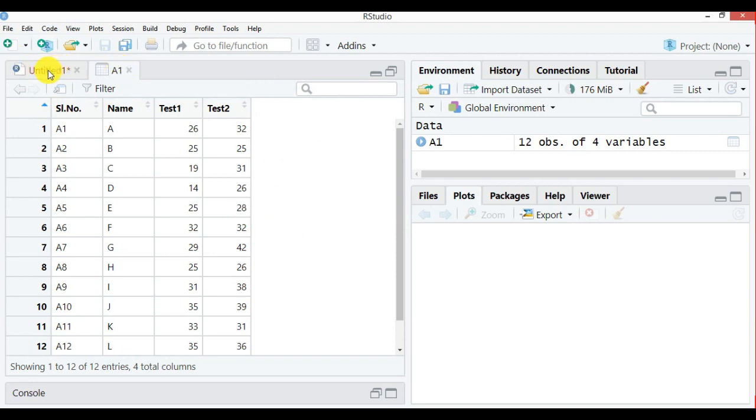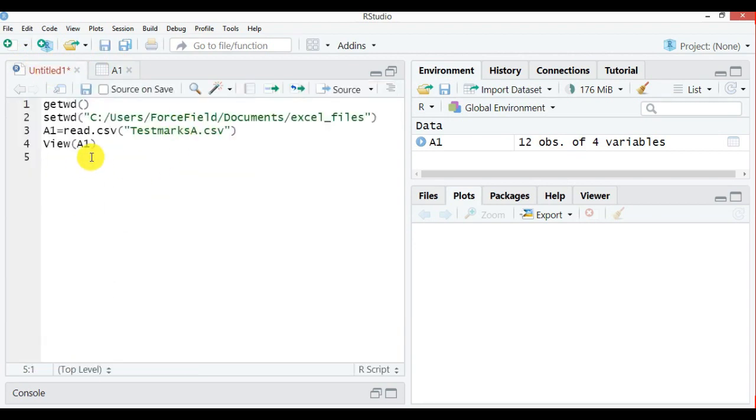So I can go back to my script here. We will see the next method of importing Excel directly. To import Excel file directly, you need to have two packages installed on your R. For importing a CSV file, we didn't need any other packages, so that makes it convenient to use.